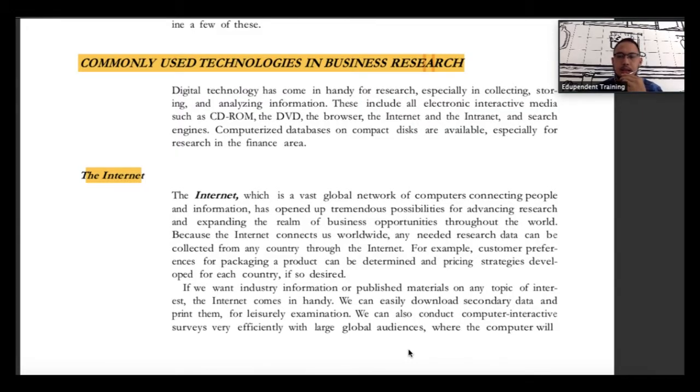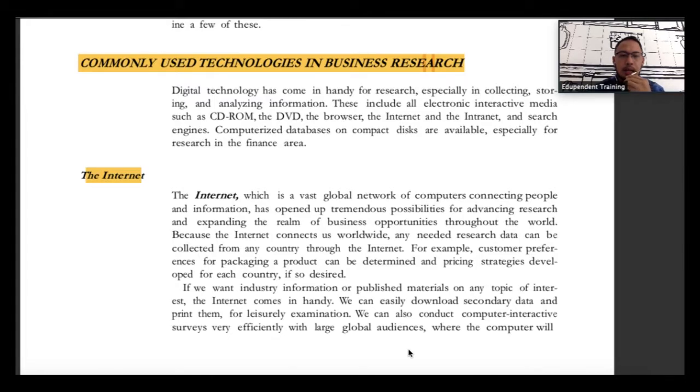Use technology in business research. Yeah, for the first thing, the internet. So technology will help us a lot, especially the internet. The internet will guide us through more information that we can gather through the world. Why am I mentioning the world? Because you can access all the information through the world as long as that information is publicly available. So first thing first will be the internet.